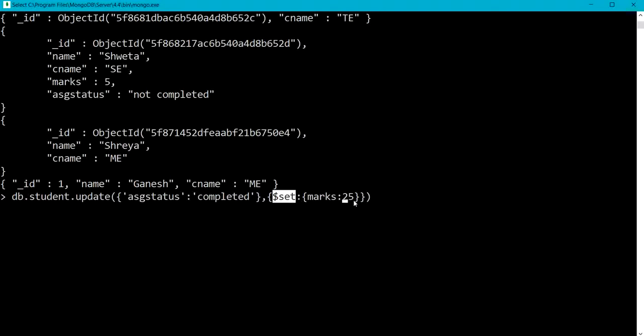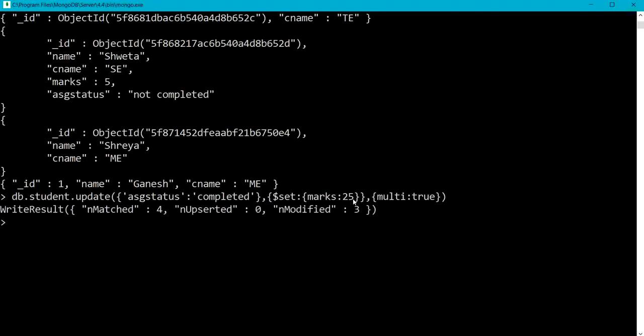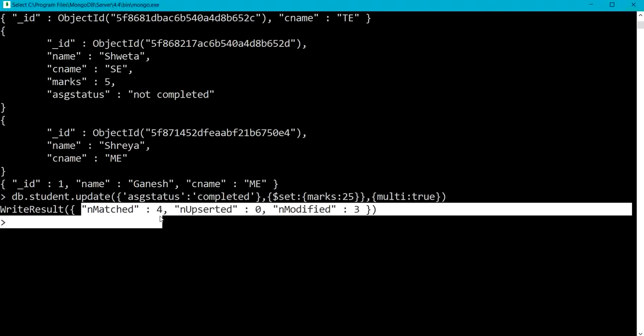And now I am going to use the multi-option, multi true. Completed the syntax, so now let us check the result. Yes, you are getting the right result. Matched documents are 4, upserted 0 and modified 3.